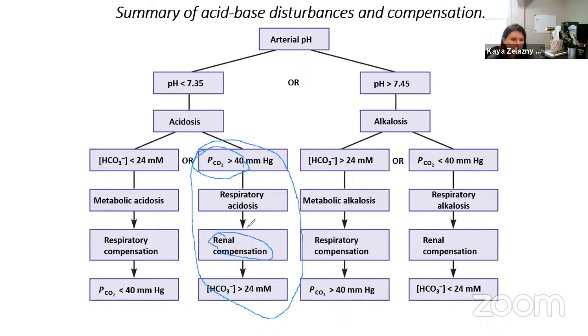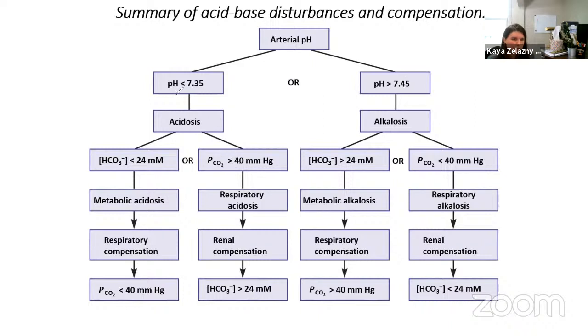So specifically, we're trying to end up with more bicarbonate in the plasma in order to buffer out the excess acids in the plasma. So if we then measured the bicarbonate at this point, we would see that it is also above 24. So what I am trying to lead you to by walking through this chart, and like I said, we'll practice it later as a kind of review, but